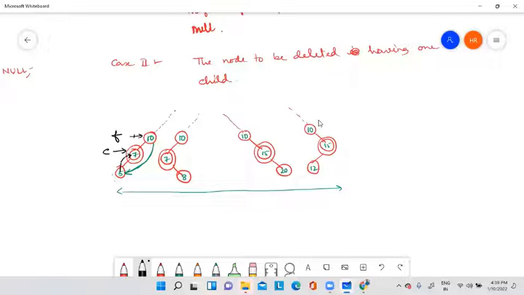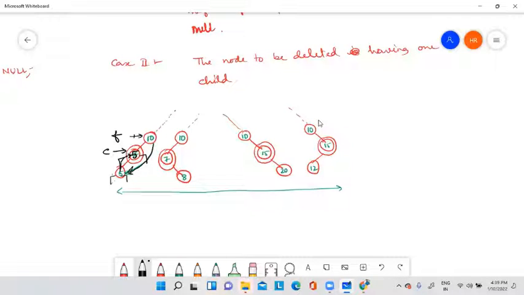If you copy this whole thing into this, then this becomes 5 and automatically this one will be deleted. See, if I copy this into this particular node 5, and if there is nothing in this position, then this will be nothing, so automatically this link will be created.